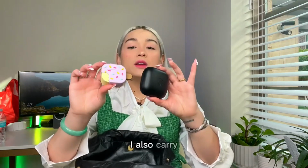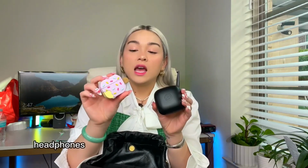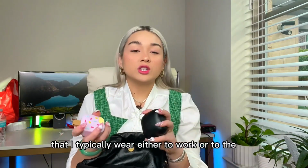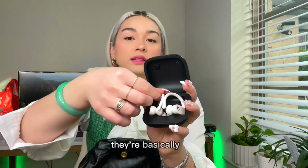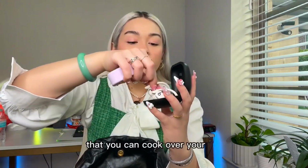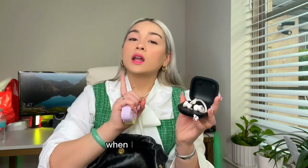I also carry 2 AirPods with me as well, headphones, just because I always love to have a backup for my backups. So I do have an AirPods Max that I typically wear either to work or to the gym, but because I do sweat typically a lot more than usual, I like to wear my Powerbeats Pro. If you haven't seen what these are, they're basically little ear clips of headphones that you can hook over your ear,